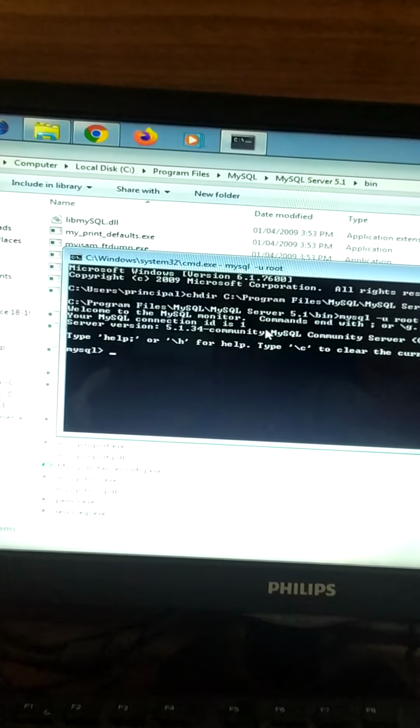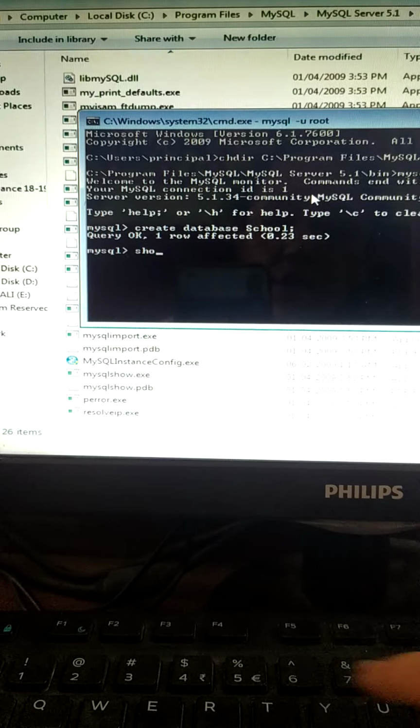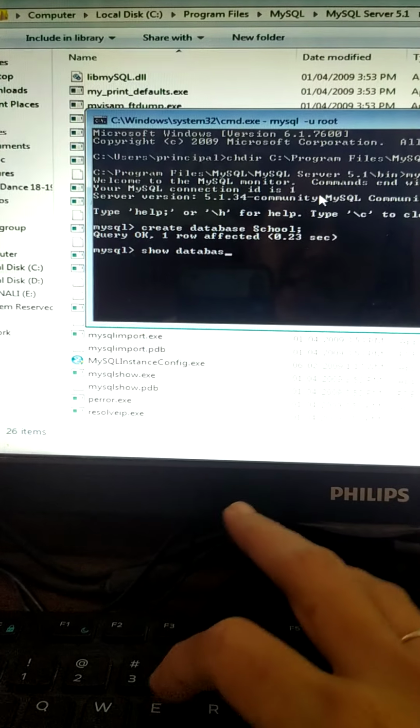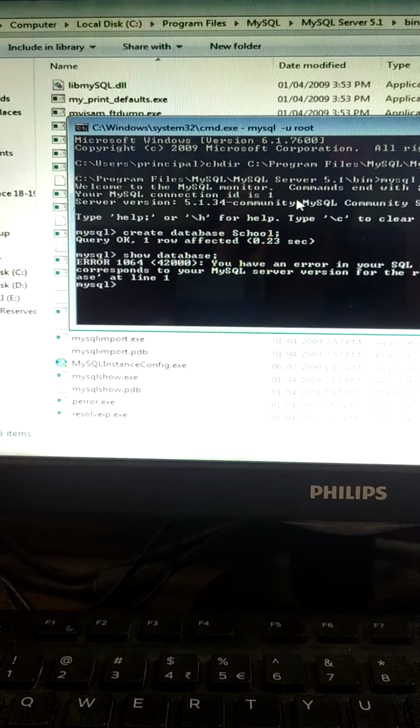Then if you want to see what databases are created, if you have created a number of databases, how will you check which databases are there in your server? For that the command is SHOW DATABASES and semicolon, enter.